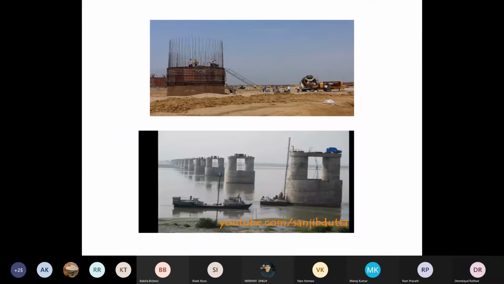And this is one more type of foundation, called the well foundation. It's like a well. For all our bridges, if you see, they provide these well foundations. They dig like a well, and the whole periphery is constructed with concrete. Inside that they fill with sand also. Over that again the pile cap and so on.